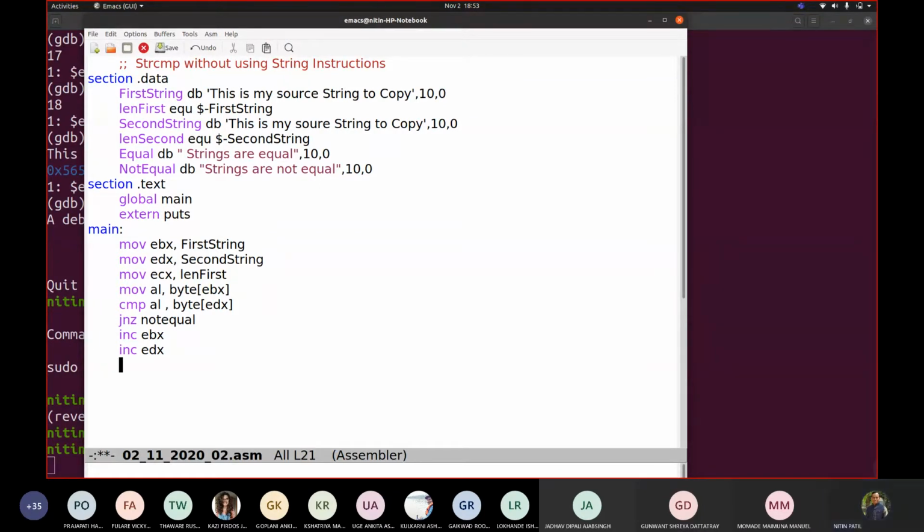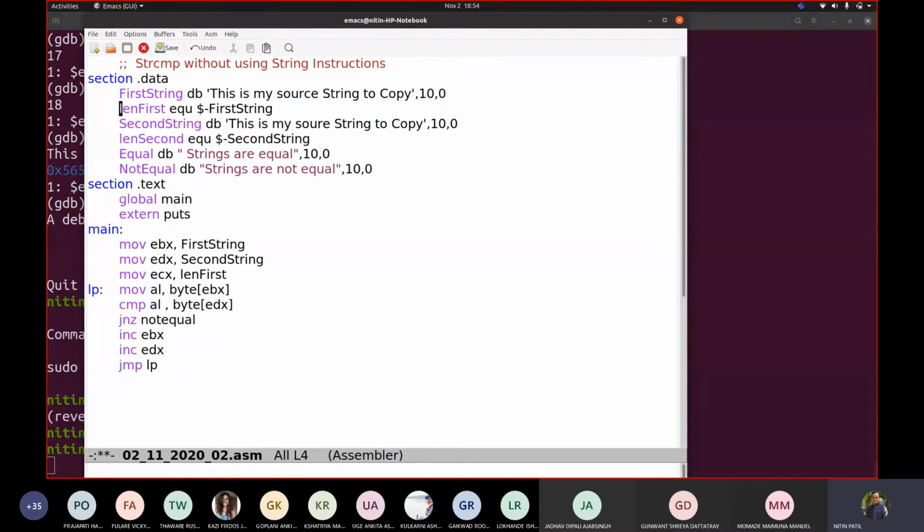Then what? Increment EBX, increment EDX. Both of them are incremented. Then jump to the label, so the label is here. The next value should always be picked. Suppose it is done. If it is equal, then what? We cannot continue this increment. How much time are we going to? Otherwise this will enter an infinite loop. Only if they are not equal will it come out of the code. If they are equal, I will show you.